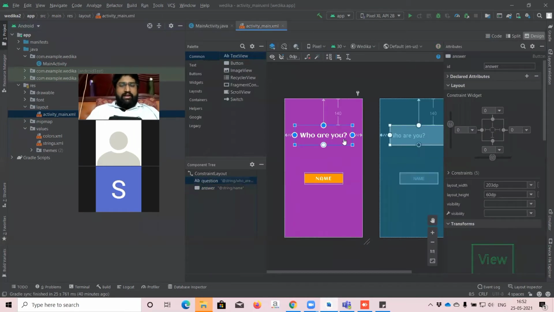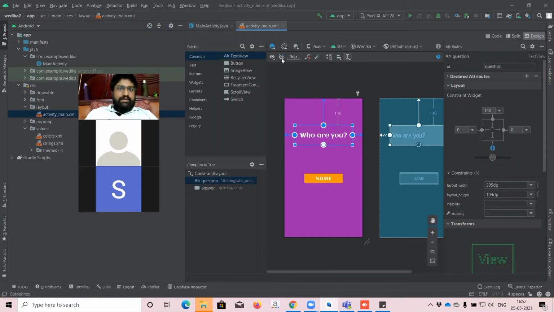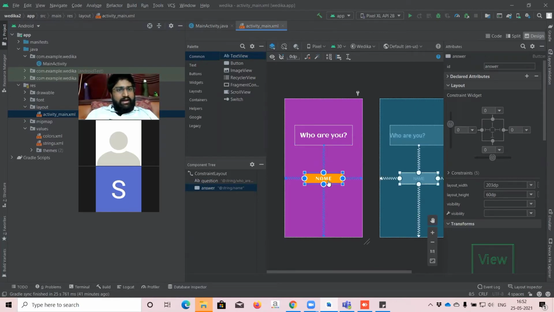Like Vedika, I'll do something, okay? See, it's very simple. Let me tell you the XML design again, okay? See, ID is nothing but we just want to find the question. So if you want to find the question, we have to mention the ID in Java. So question is here. If I mention this ID in Java, it shows who you are and we'll get the answer. For getting the answer, again the name ID has to be coming. So we are mentioning answer. Okay, it's very simple.